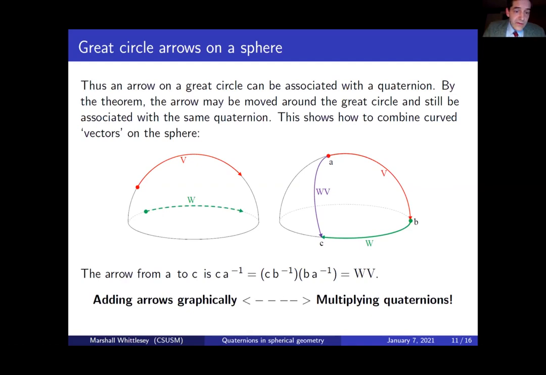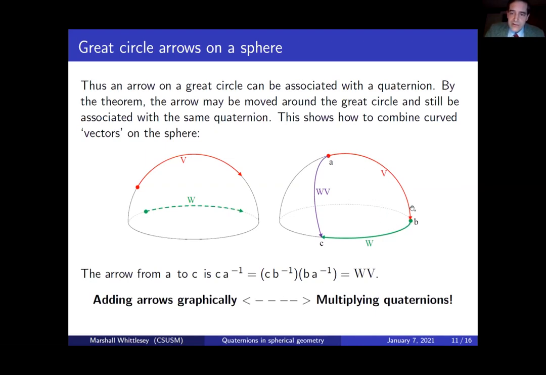And each of them, by what we've seen, by taking the endpoint and dividing: if the endpoint, say, for V over here is B and A is the starting point, then BA inverse is a quaternion associated with that. And it doesn't matter what the position of the red arc is on that great circle. And the fact is, this makes the algebraic structure of adding two such vectors together easy, because if the red